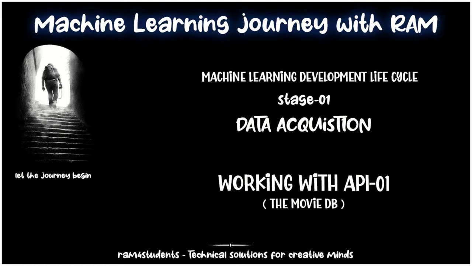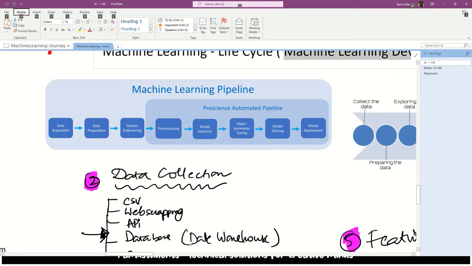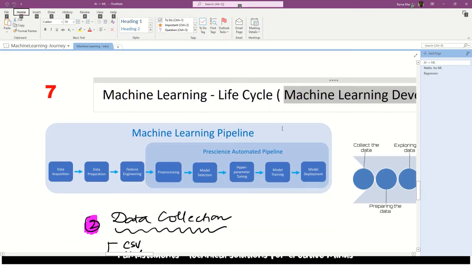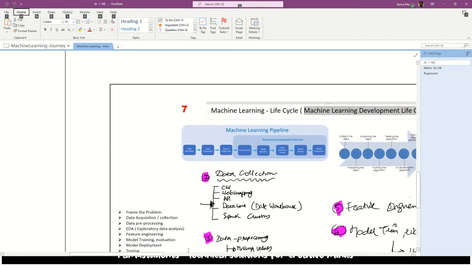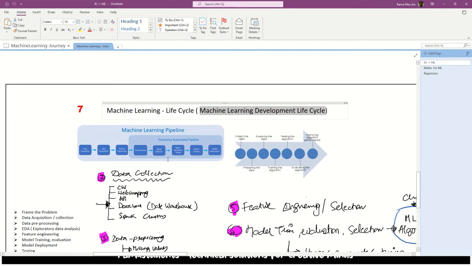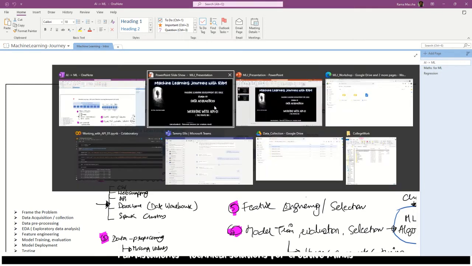Before we jump on to working on the lecture, till now we have learned what machine learning is, what the types of machine learning are and all those things. And this will be the first lecture in the MLDC life cycle, which is called the machine learning development cycle. The first step in this series is data acquisition. That is what we are going to do. And in data acquisition, we are going to work on APIs. So let's come back to,